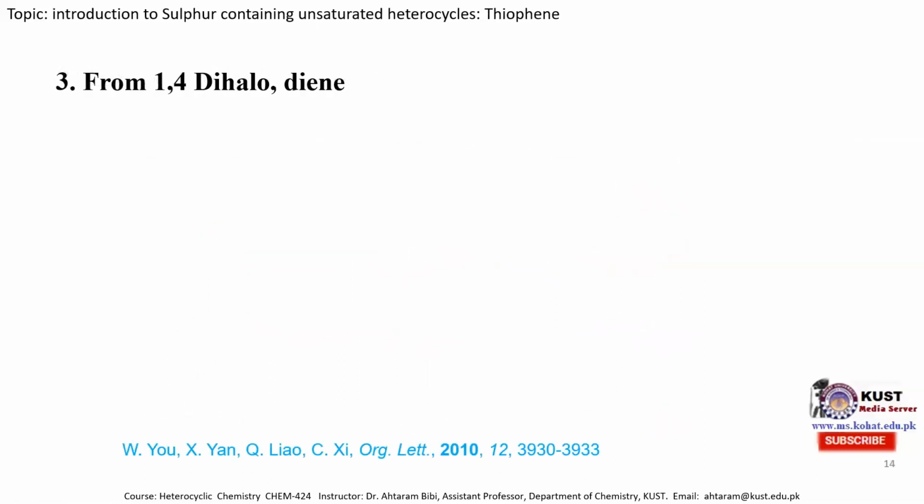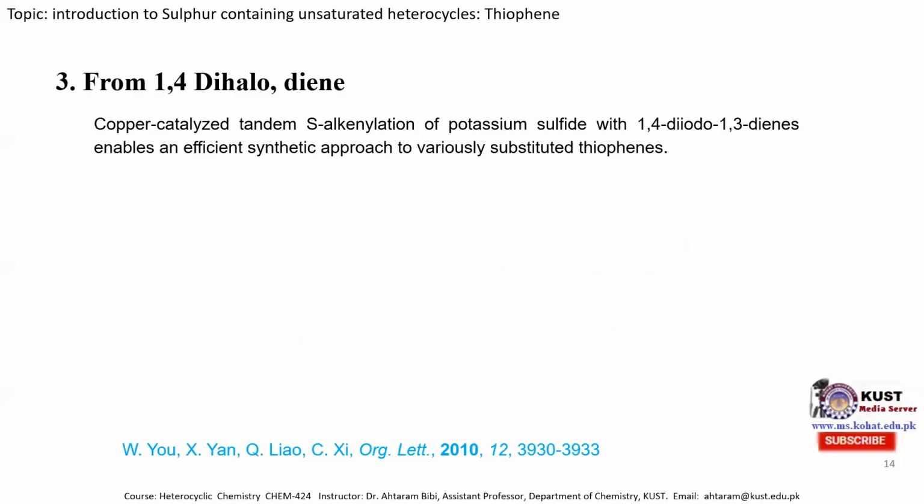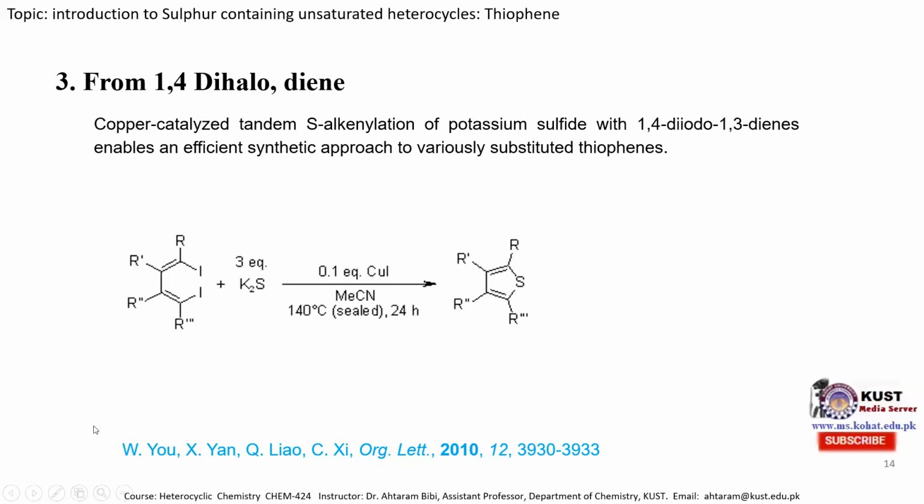The third method is that we can obtain the thiophene molecule from 1,4-dihalodienes, through copper-catalyzed tandem sulfur alkylation of potassium sulfide with 1,4-diiodo-1,3-dienes, which enables an efficient synthetic approach to variously substituted thiophenes. As one can see over here, this is the 1,4-diiodo